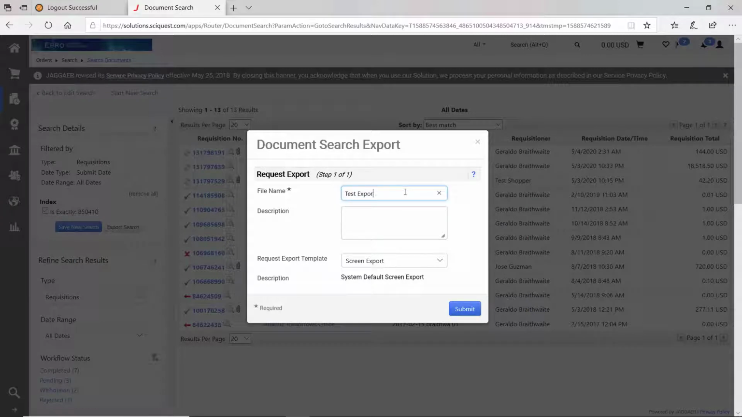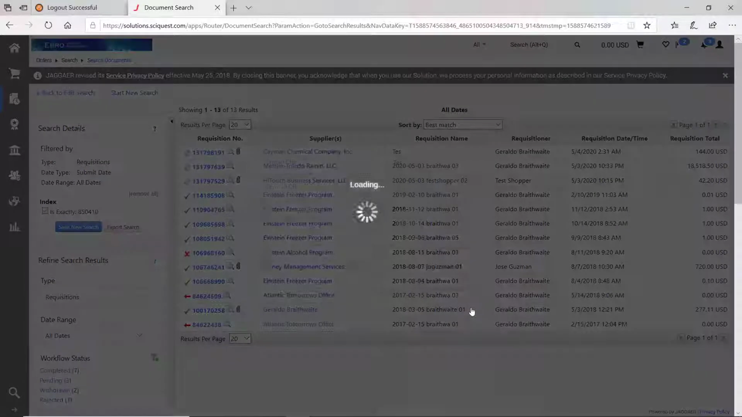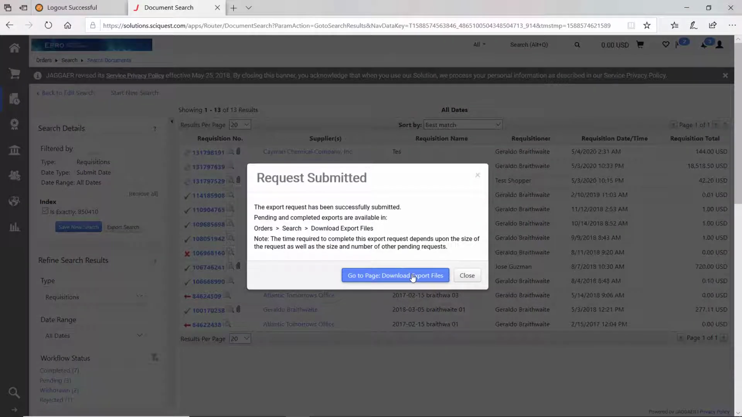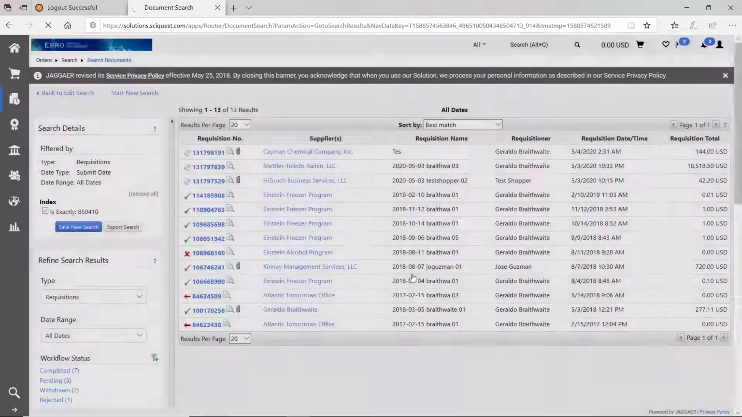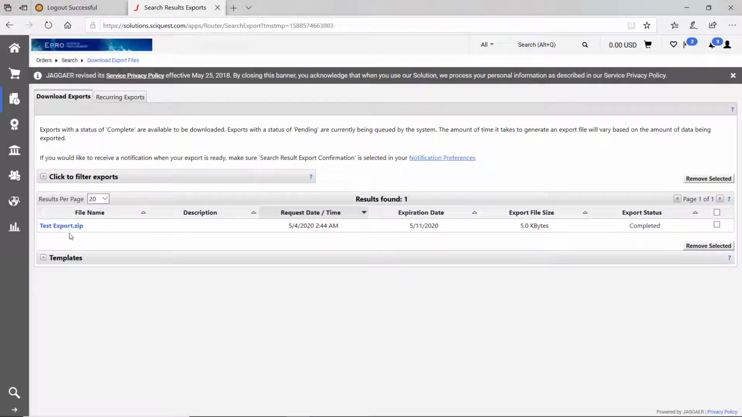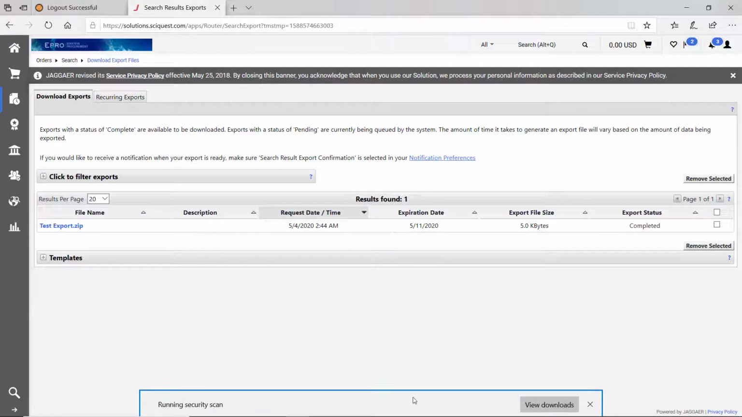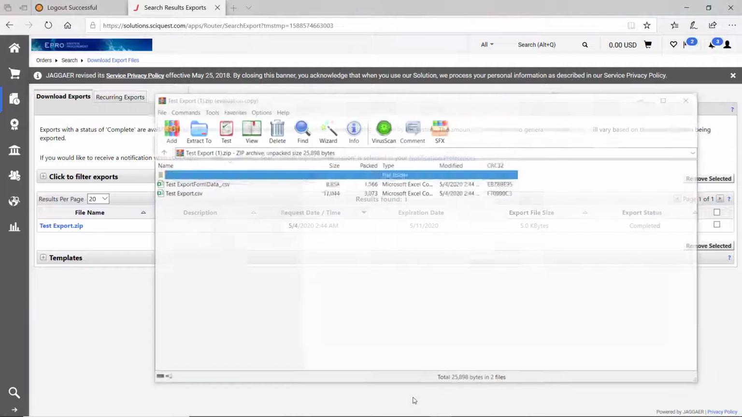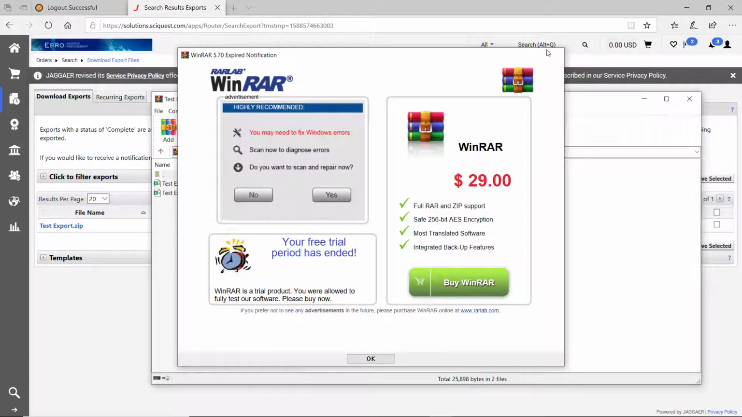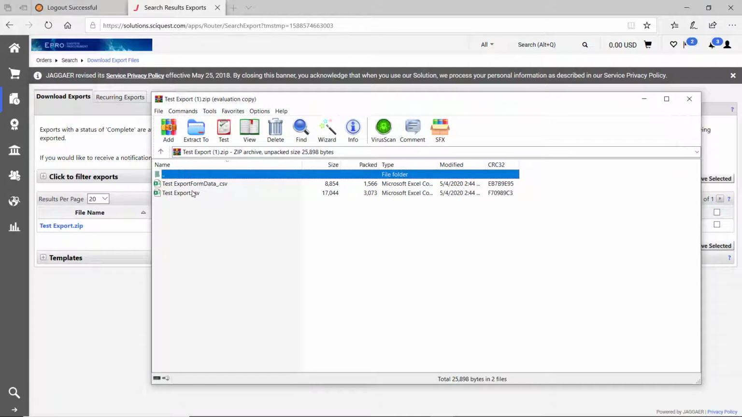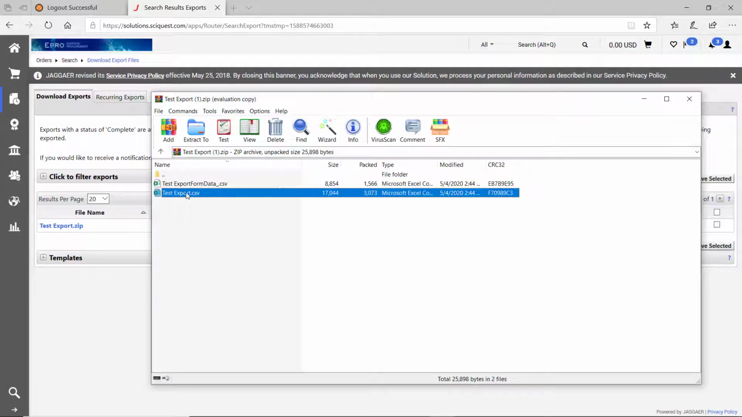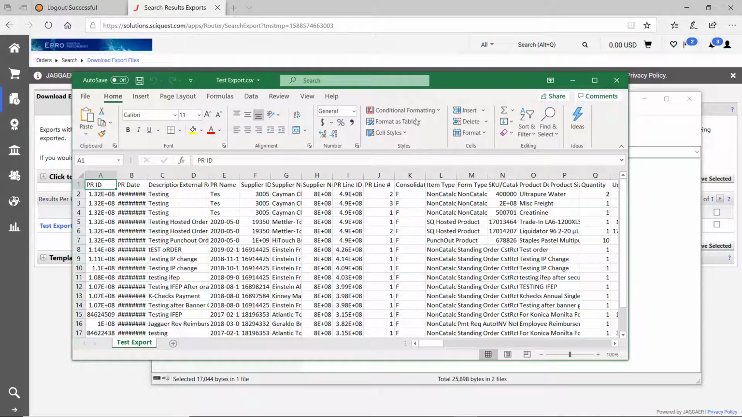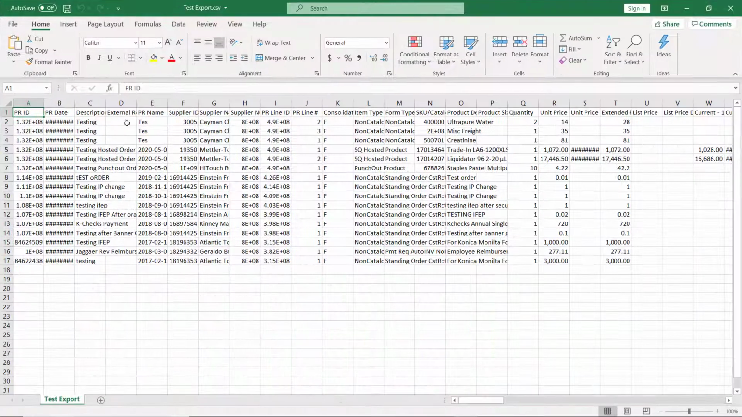So if I go back to the results, I simply click export search, type in the name, test export, select what type of export I would like, and hit submit. Once I do that, I can now hit go to paid download export files and wait for my export to be available. And there it goes. Once I click on it and I hit open, it will bring me into the folder. I can click on the largest file, always just the direct name, testexport.csv, and open it up and see my